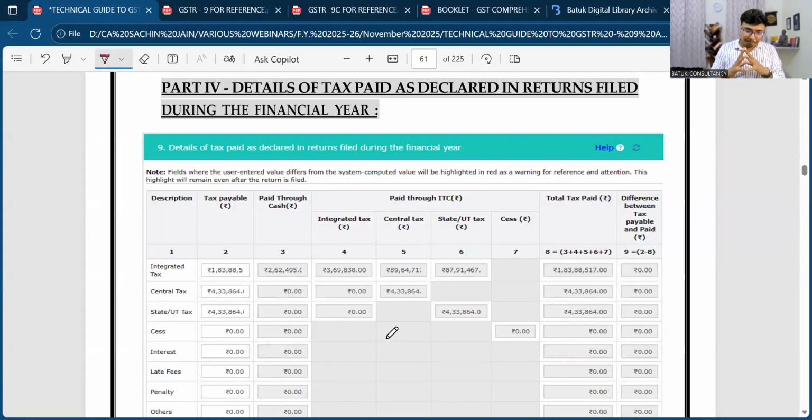Sir, till now we have covered the discussion on the outward supply and the adjustment of input tax credit for paying the liability. Outward supply bifurcation done, inward supply bifurcation done, reversal done, comparison of GSTR 2B and 3B done, and the reasoning of the differences has already been done. Now, sir, logically,